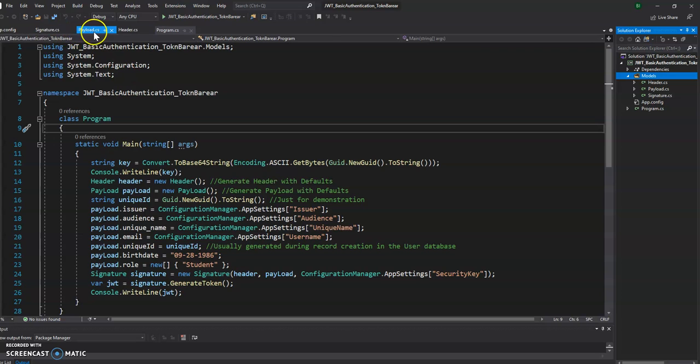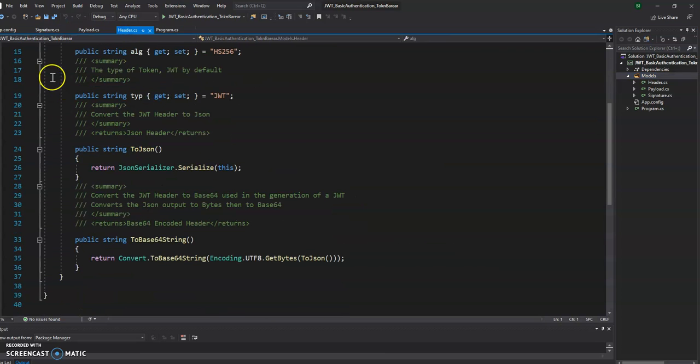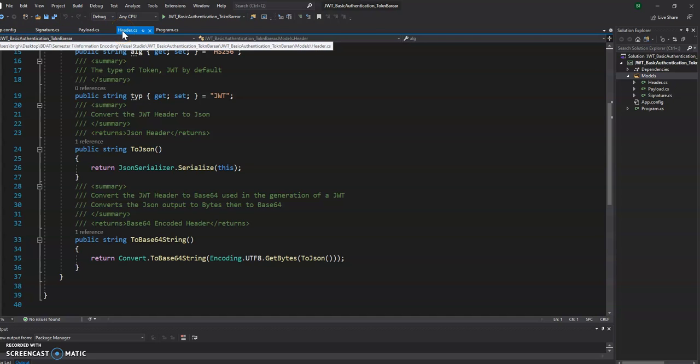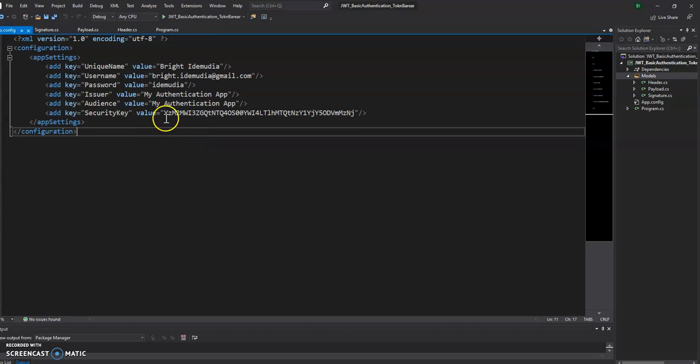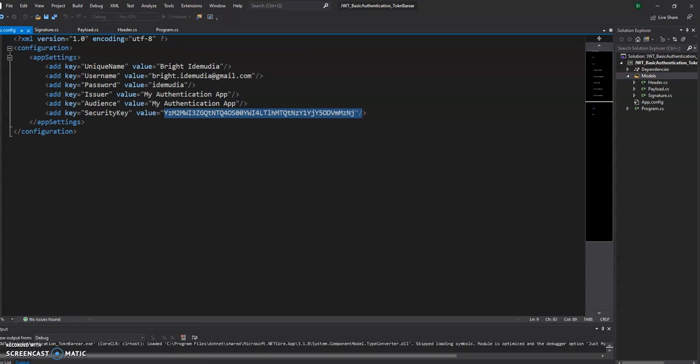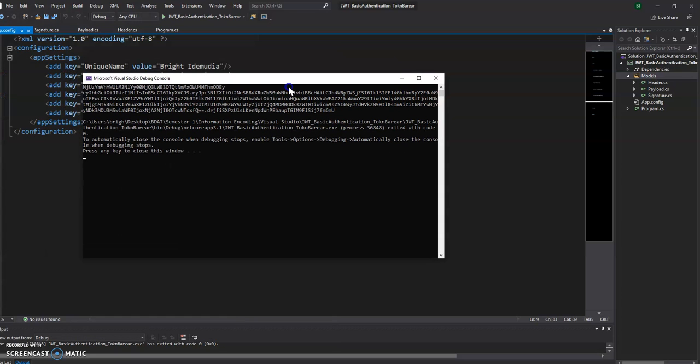On the header classes, I used the code you provided. Before I generated the token, before I could apply the key, I needed to paste the key in here, and then I had to include an app config, which I was able to download. So after having done that, I generated this. Let me run this program, and okay, it came up on my other screen. Yes, so it gave me this key, and from this particular key, I copied this to the